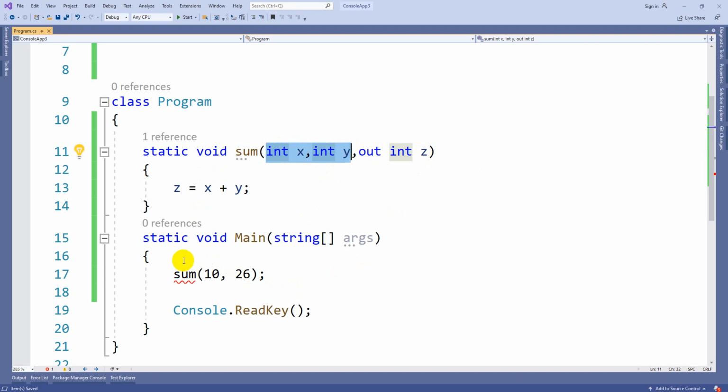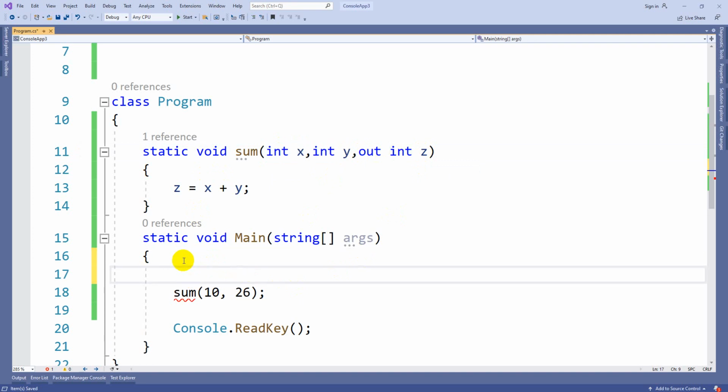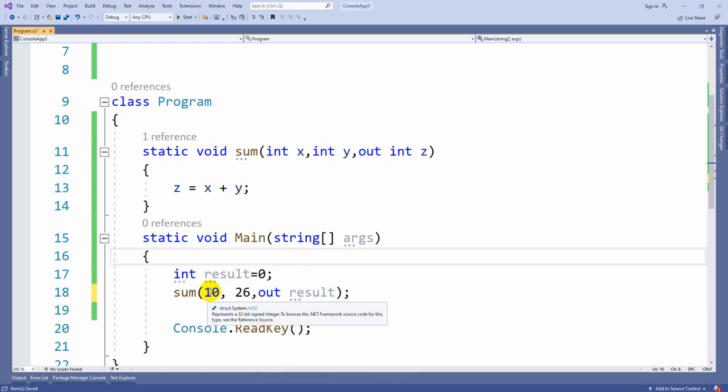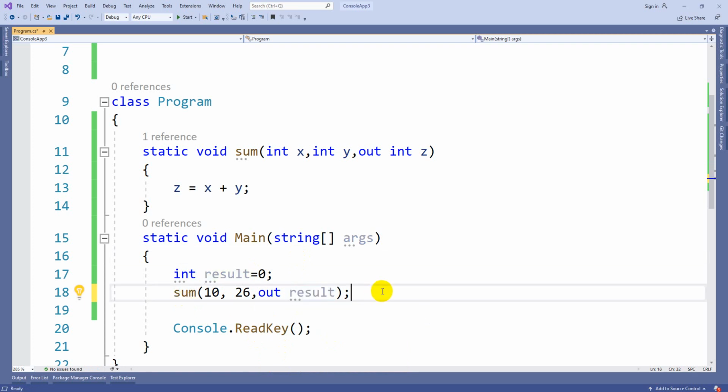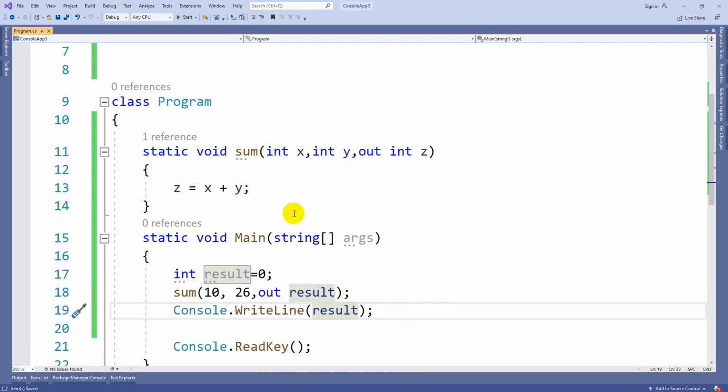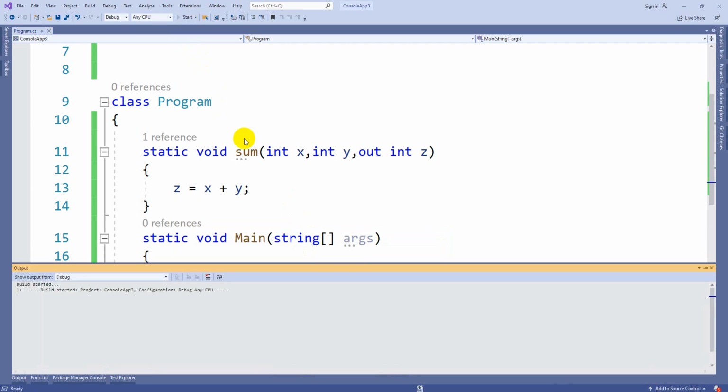In such a case, what you will do here is int result equal to, let's initialize with 0. Here we pass the third value with the out keyword as result. That means the sum of 10 and 26 will be stored in the variable called result. After that you can print that result on the screen. So you will get 36.